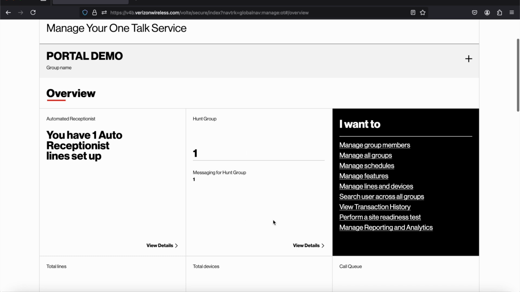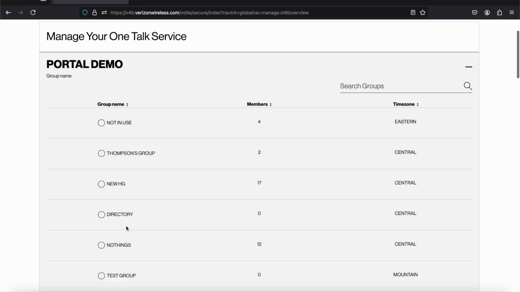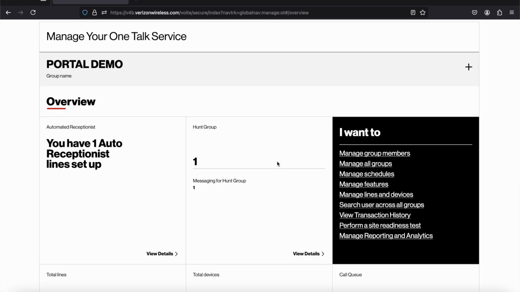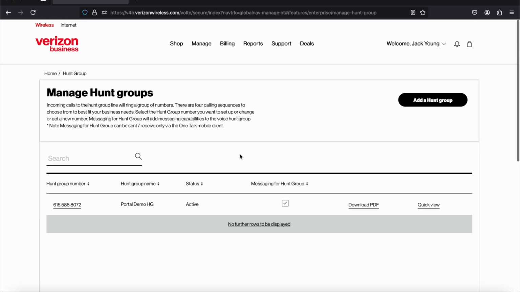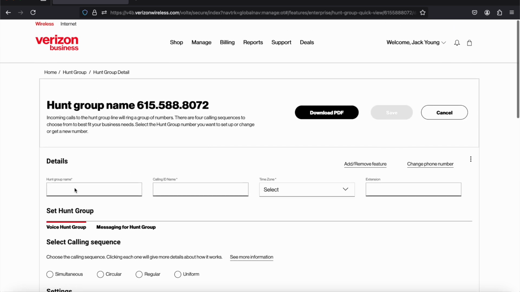So hunt groups are right here. You can see there's one in this particular group. Of course, make sure that you're under the correct location or group. If you have multiple locations or groups, you want to make sure that you're under the correct one. You'll just click View Details under Hunt Groups. Now in this particular hunt group, you would just click the number itself,